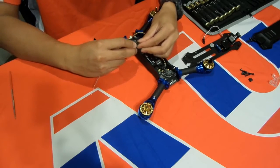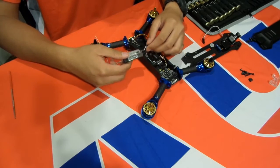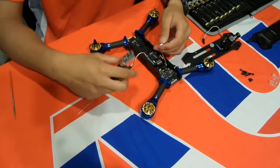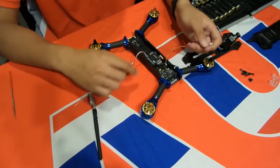Make sure it's snug inside the receiver port, so we've got it in there now. And next thing we're going to do is plug in our video transmitter. So this wire over here,